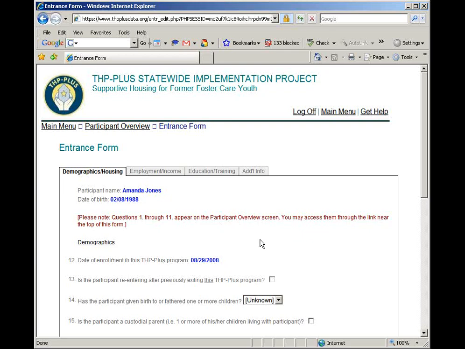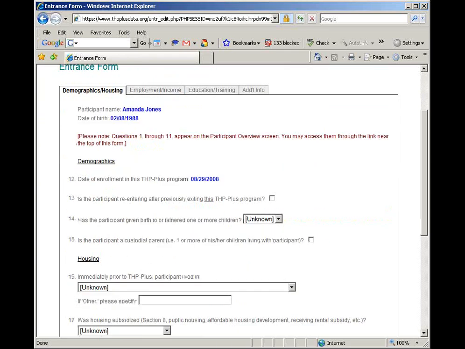So let's go through these questions so that we can address any outstanding questions. Date of enrollment in the THP Plus program has already been completed. Question 13 asks if the participant is re-entering THP Plus after previously exiting this THP Plus program.